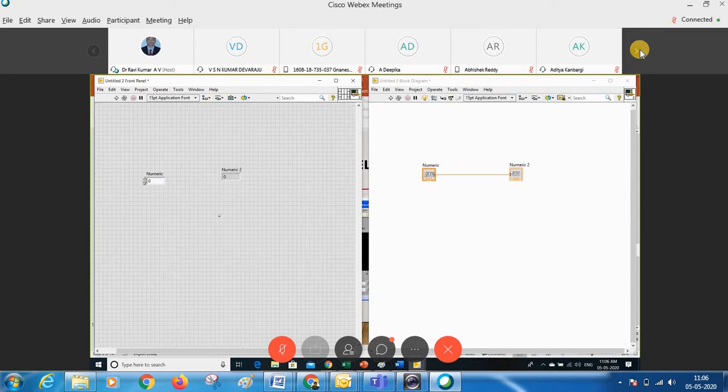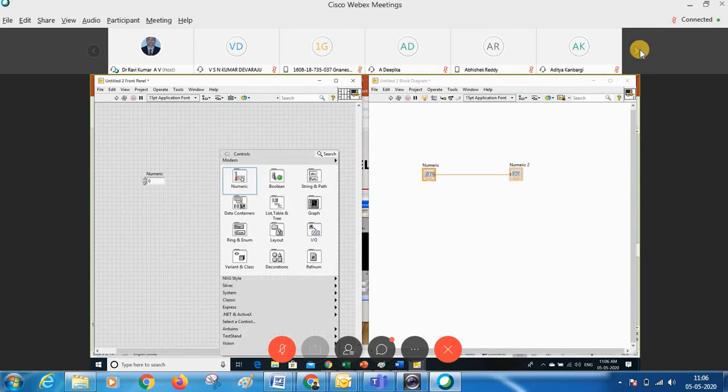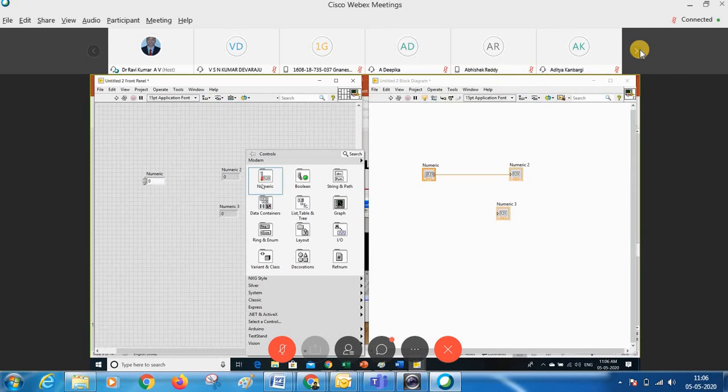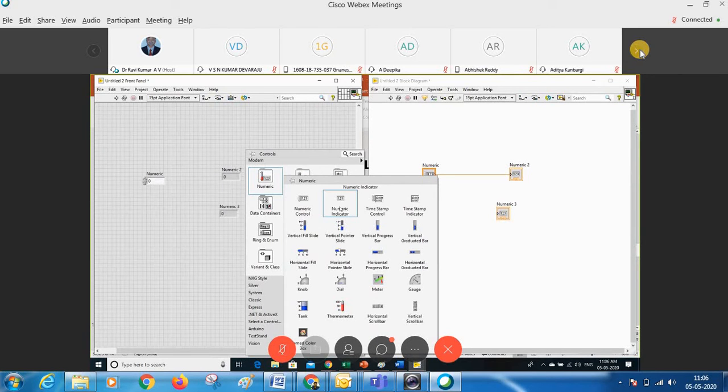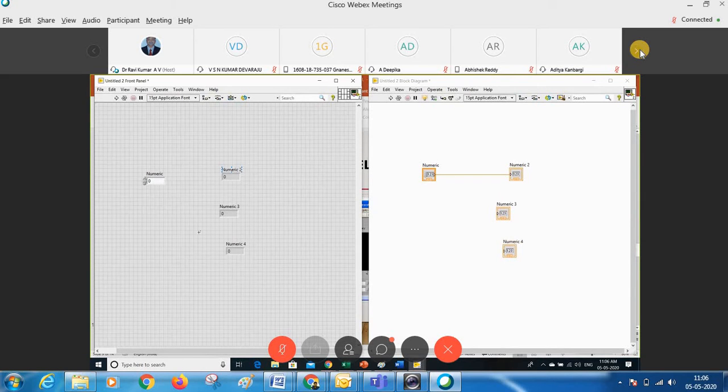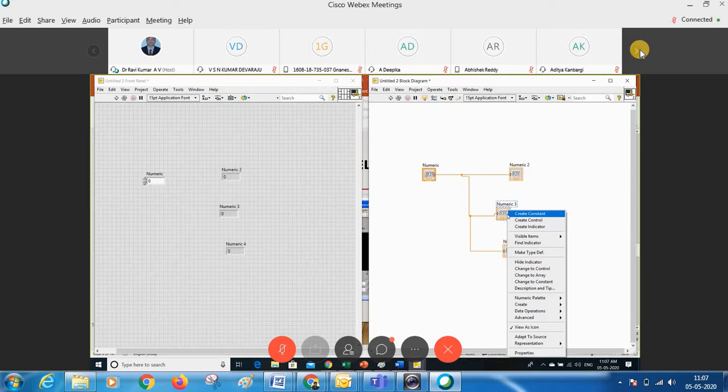I am going to take three output variables to see the difference between these data types. I take all three outputs with respect to one numeric data type and connect the input to all three. Now I change the data representation. Here I change to long, only the integer.